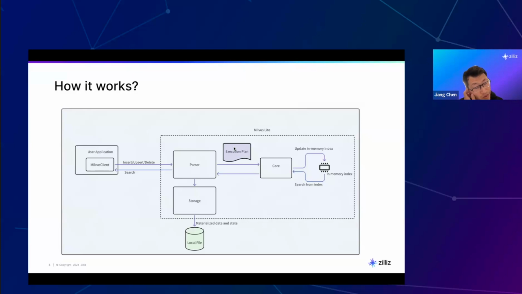So what we keep here is just the very basic, very minimum of vector indexing and retrieval, and also persistent storage. Let's walk through it from the left to the right. On the left, I have my user application, which is, say, an AI chatbot. And in the chatbot, I imported MilvusClient so that I have a client to talk to the